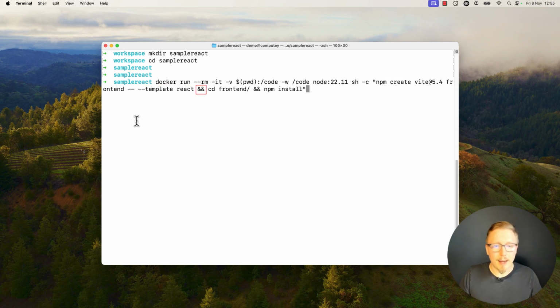Then we have the double ampersand, which is a way of chaining these different commands that we're going to run. So we want to run the npm create command first, and then after that we're going to run cd frontend, where we switch into the frontend project directory that has just been created. Next we have another double ampersand to add an additional command. So after the first two commands run, we want to run npm install, and the reason for this is we want to install the npm packages and make sure that it's done inside Docker, but it updates the package.json file